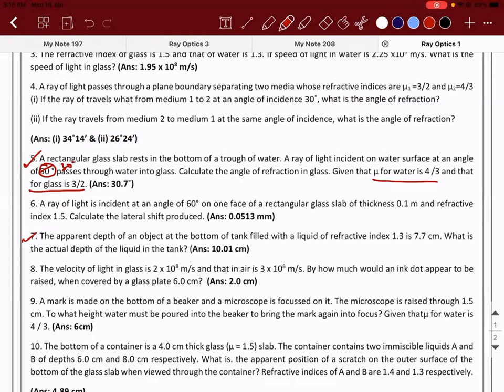So when you take the glass surface, the refractive index of the glass is 3 by 2 and the refractive index of the medium outside is 4 by 3. So what is the angle of incidence? 30 degrees. So when it is 30 degrees, you need to calculate the angle of refraction inside the glass. So 4 by 3 into sine 30 degrees is equal to 3 by 2 into sine R. So sine R will be equal to 8 divided by, will be sine inverse of